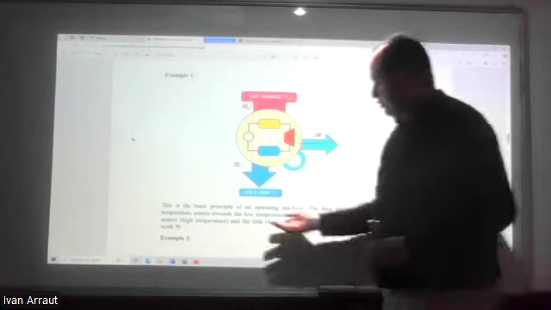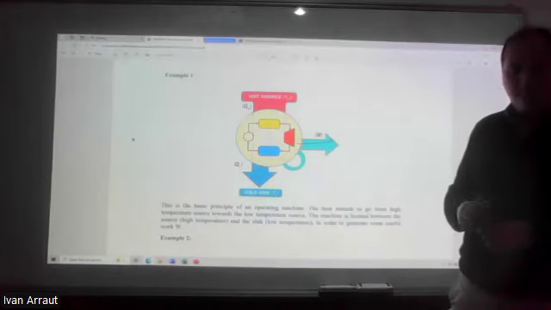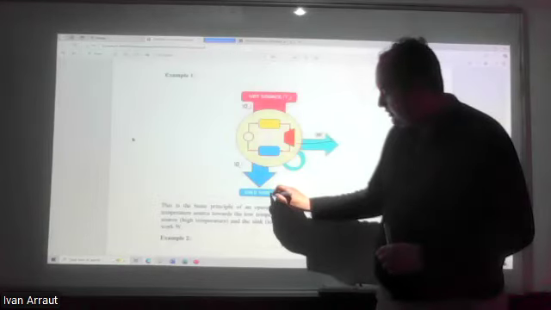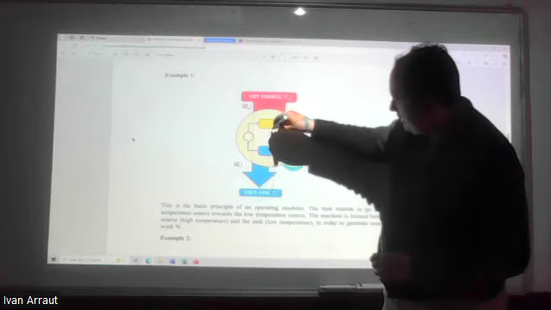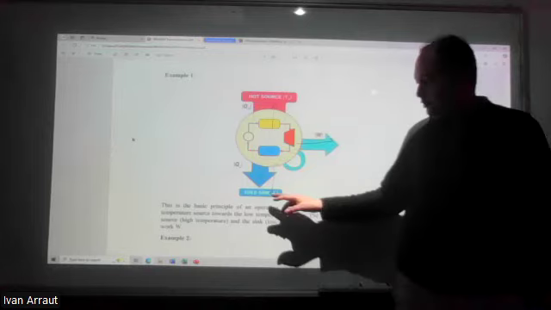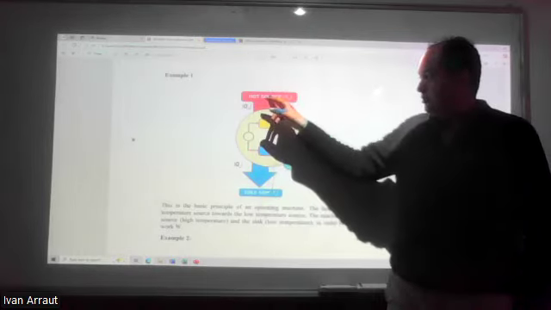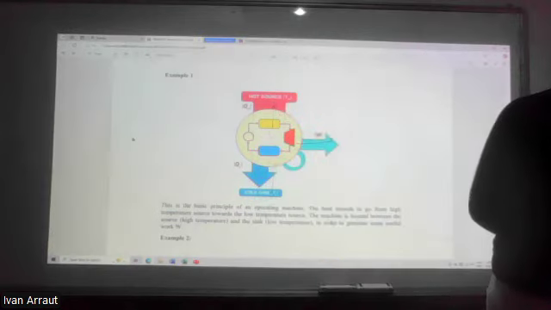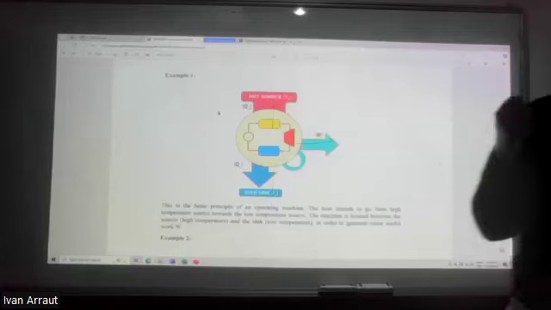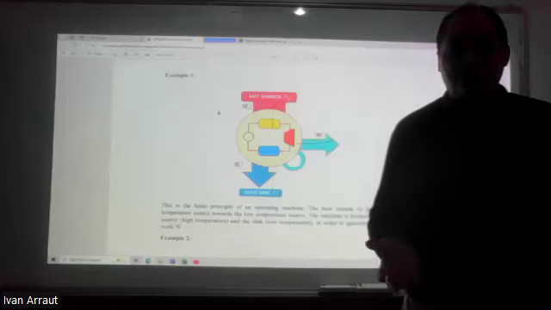Now, what happens if I want to do an inversion here? Do the inverse. I want this heat to go up and this heat to go up. Is it possible? I want the heat to flow from the cold sink to the hot source, in the opposite direction. Have you seen that in your life? Refrigerators. The refrigerators, the air conditioners, that's what they do.